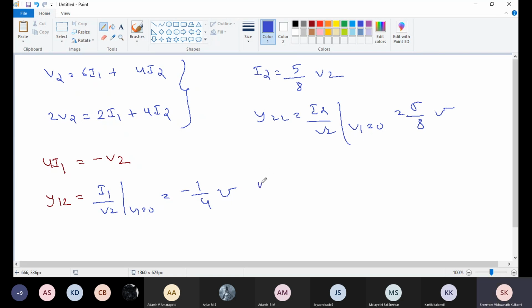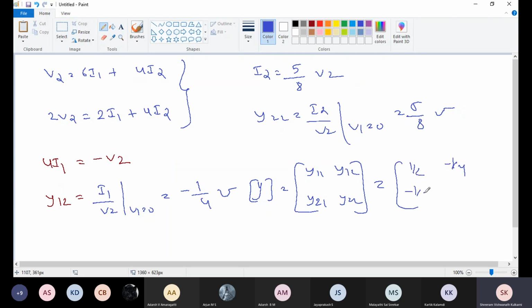Then the final Y matrix, Y11, Y12, Y21, Y22, equals to 1 by 2, minus 1 by 4, minus 1 by 4, 5 by 8. This is the final answer. Okay, now